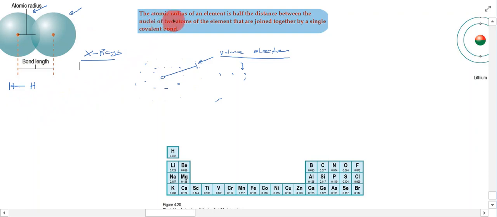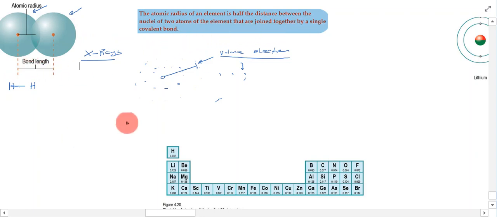Now, what we have here is an official definition of what we mean by atomic radius. The atomic radius of an element, for example hydrogen, is half the distance between the nuclei of two atoms. This is the bond length from here to here. If we want the atomic radius, which is what we're interested in, it's half of the bond length. So it's half the distance between the nuclei of two atoms of the element that are joined together by a